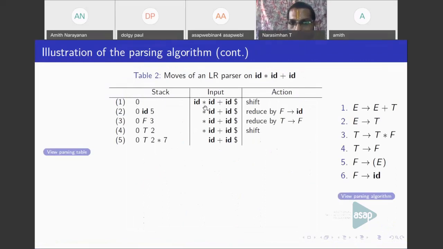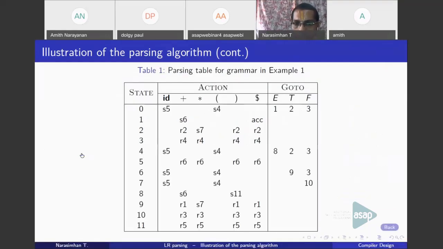If the shift operation means what? You will be shifting the input symbol. So here you find that in all these reduction operations, the input pointer was retained at star itself. You don't consume an input symbol. But here the shift operation consumes one input symbol, so that will be shifted, right? So the star was the current input symbol, then that is pushed, and 7 is also pushed. Now what? 7 and ID. ID you have S5.